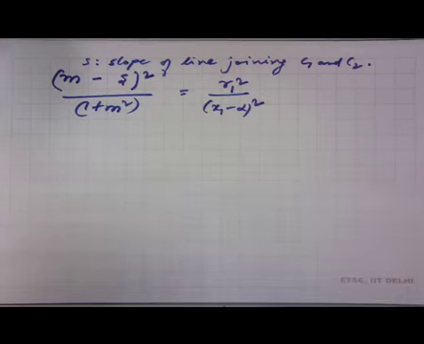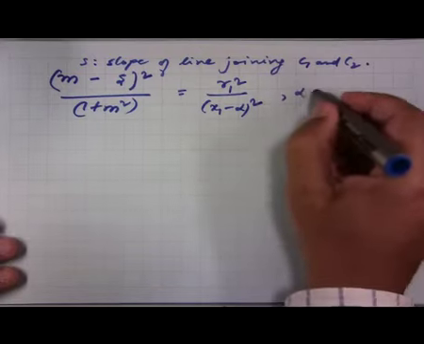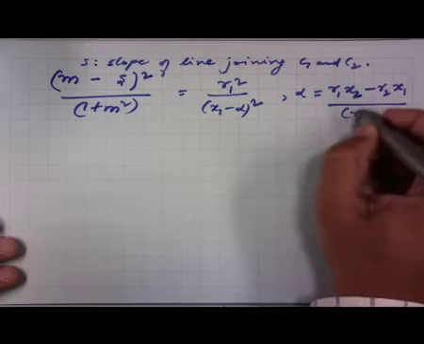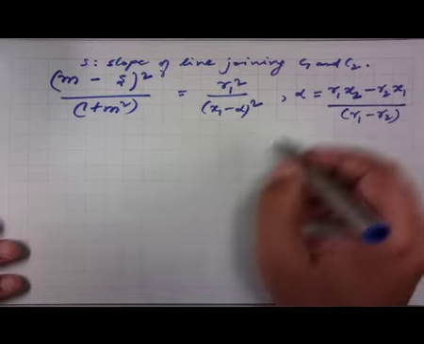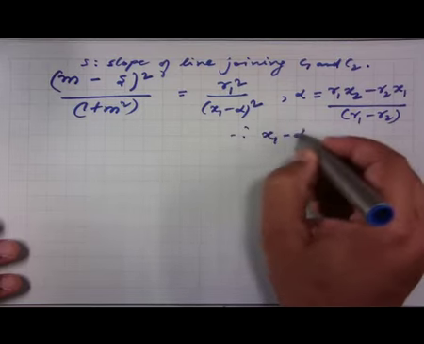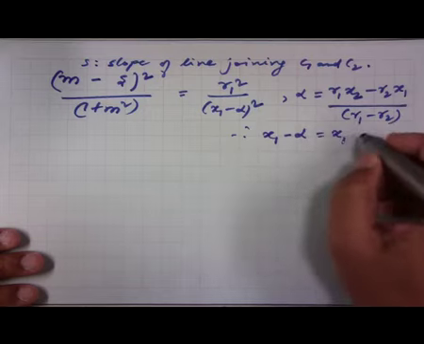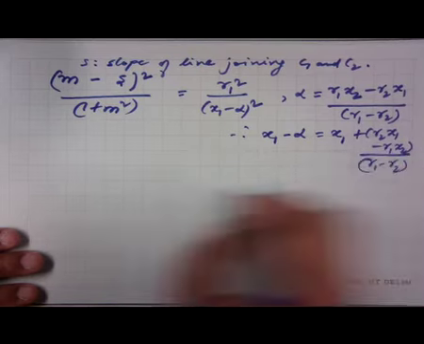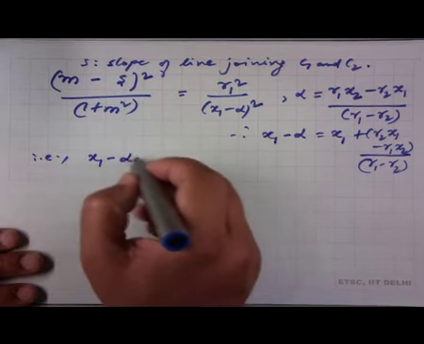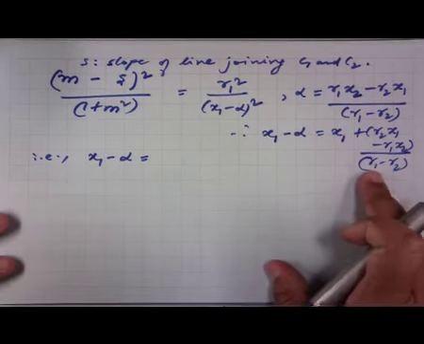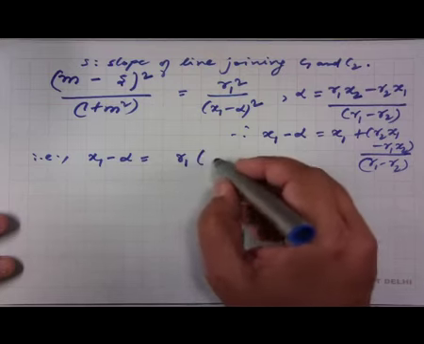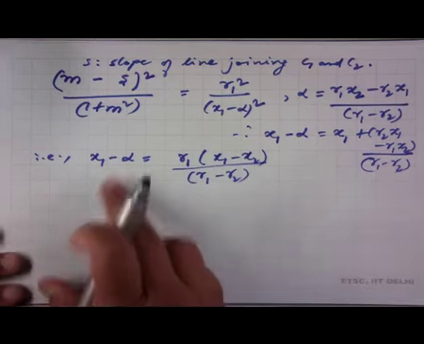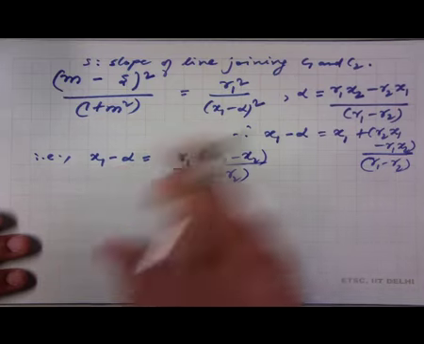And we already have the expression for alpha. Alpha was r1 x2 minus r2 x1 by r1 minus r2, and therefore x1 minus alpha is r1 into x1 minus x2 upon r1 minus r2. So, when we put this back here, we get